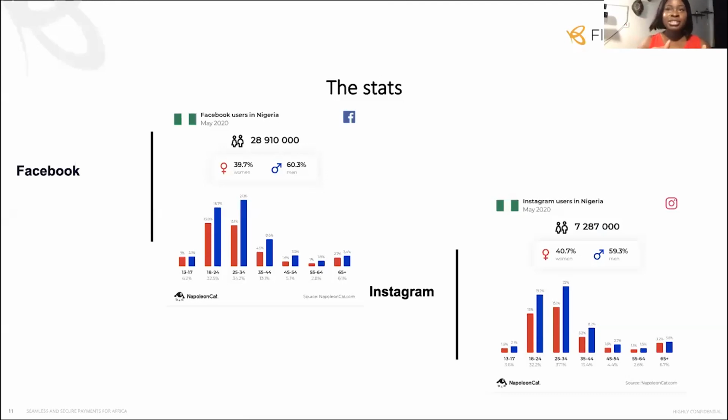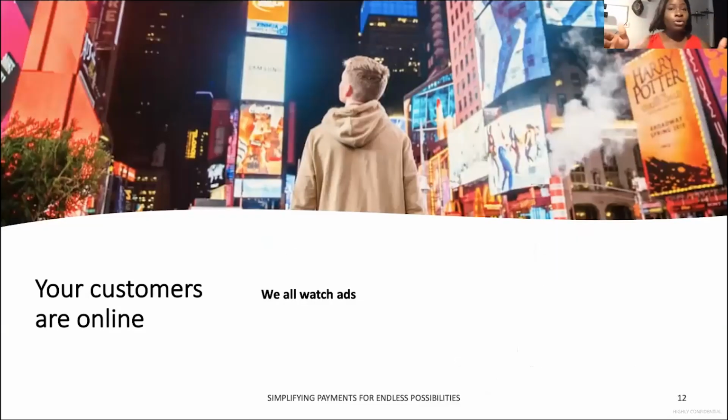A lot of businesses, Facebook and Instagram form a key part of their digital marketing strategy for good reason. Millions of people visit these websites on a daily basis, on a monthly basis, and millions of dollars are spent in ads on these sites on a daily and monthly basis, right? This is because we are all online.